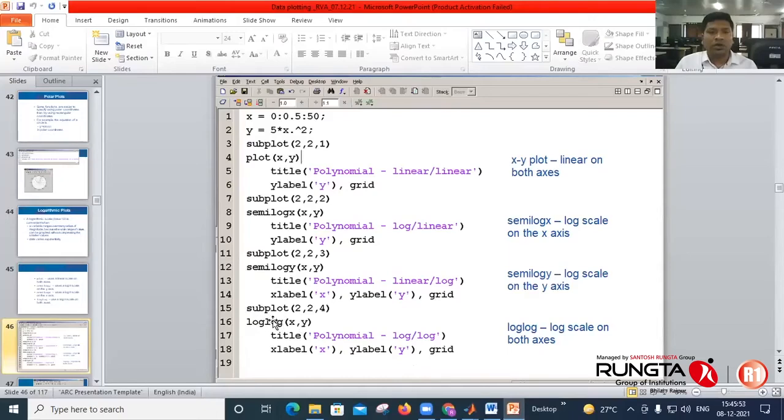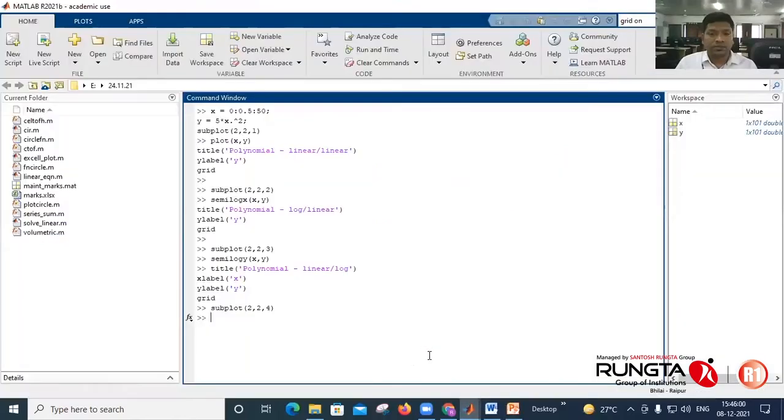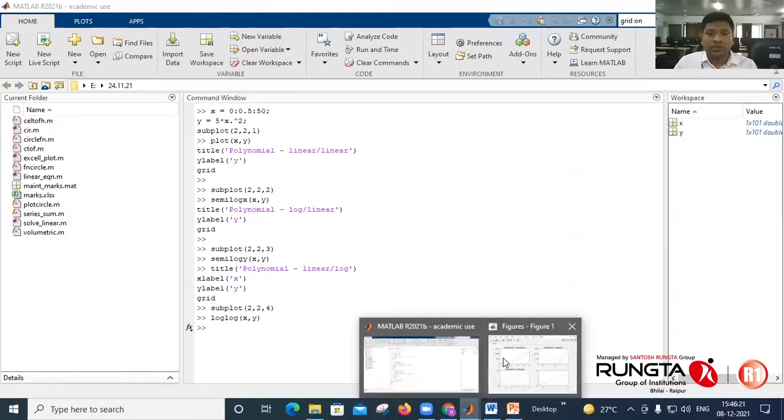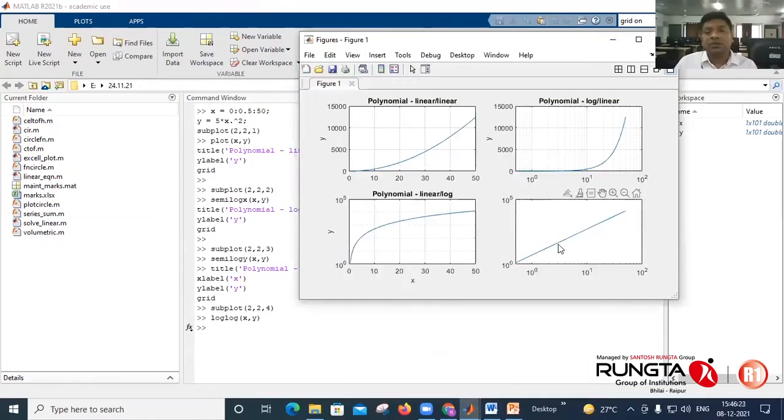Next is log, where it uses log scale on both axes. So it will create log on here.